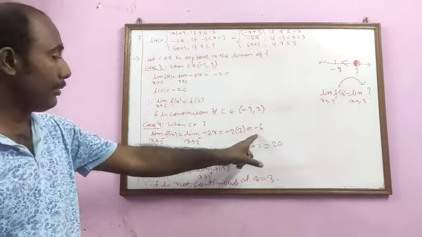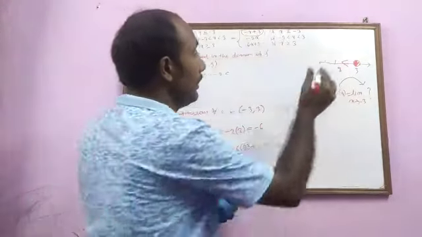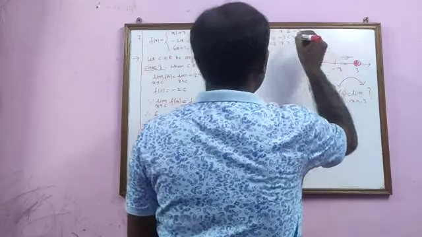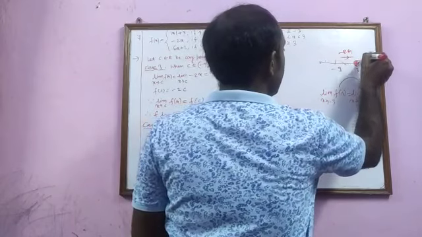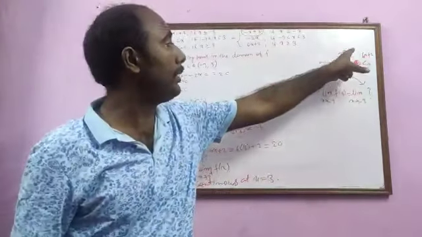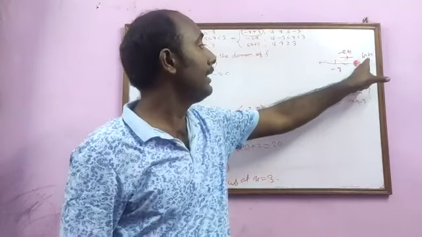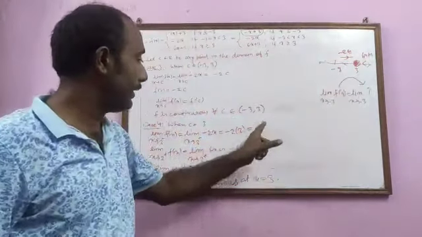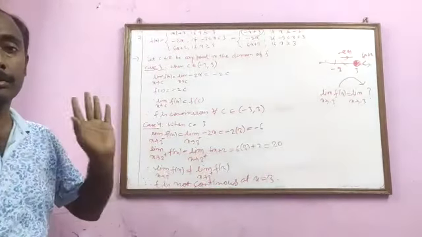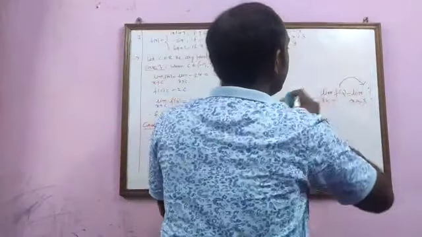Here in one case, when x is approaching 3 but is less than 3, to this side the expression is minus 2x, and for this side the expression is 6x plus 2. So here if we replace x by 3, we will get minus 2 into 3, that is minus 6, and to this side if we replace x by 3, we will get 6 times 3, 18, plus 2, 20. Both the values are not same, so the function is not continuous at x is equal to 3. Now once we complete for 3, we will move ahead with the last case.